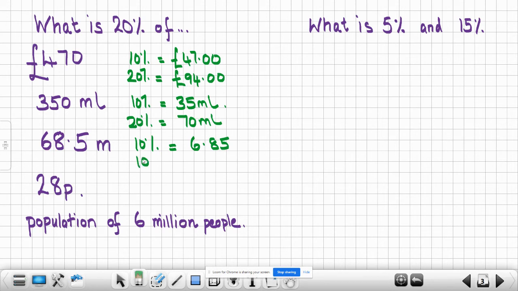So let's say another 10% would be 6.85. I need to add those together, because if I add them together, this is going to equal 20%. 5 and 5 is 10, 0, carry 1. 8 and 8 is 16, add the 1, 17. I'm going to put the 7 there and carry the 1. 6 and 6 is 12, plus that 1 is 13.70. So 20% is